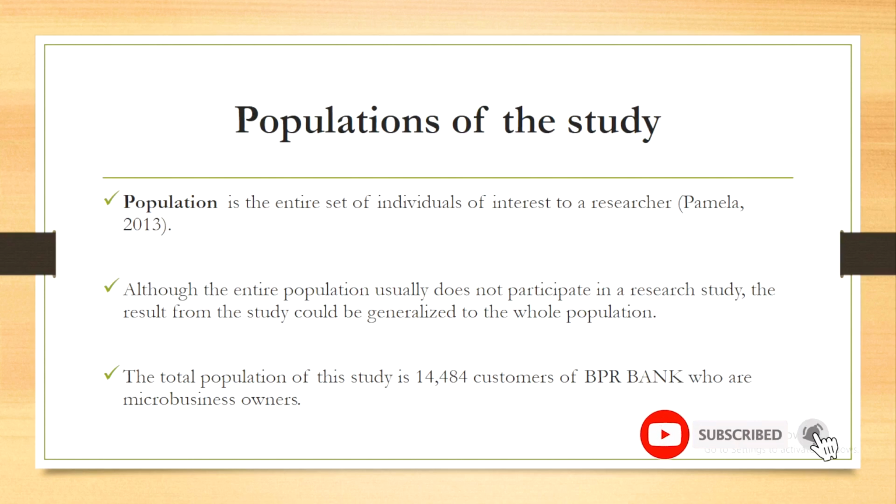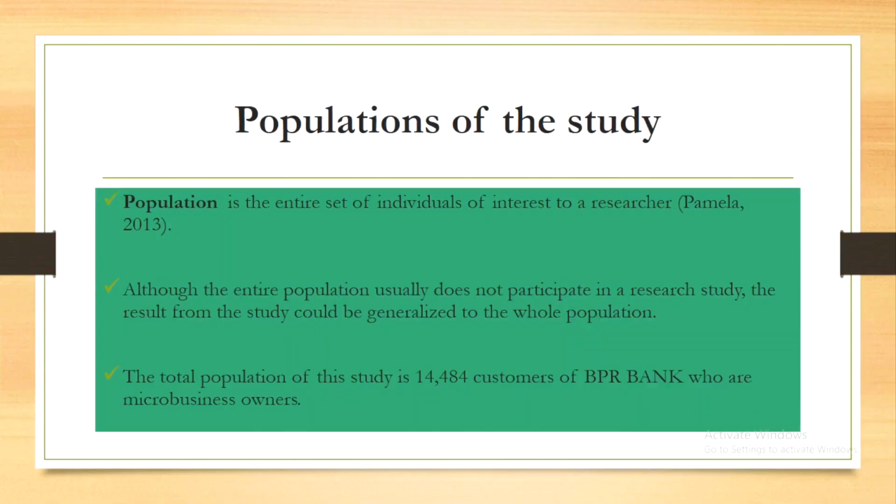So our population, who are the microbusiness owners of this BPR as our case study, is 14,484. Now you know that, according to restrictions, meaning time and resources, you can't assess all these people. That's why we come up with a sample size. According to Gabriel, who formulated a formula, as I said before, which you can use for determining the sample size of that population, because you can't take all those people when we are exceeding 100. So our population is 14,484, but our sample size is